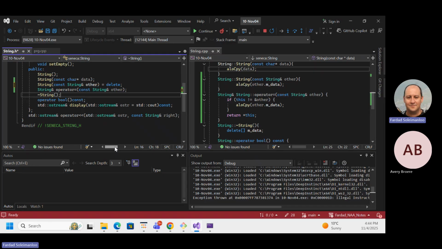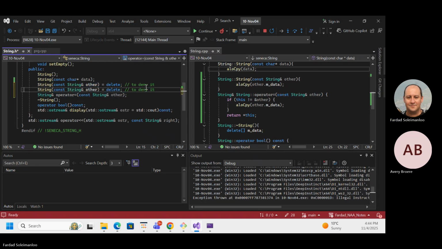You don't want them to be able to create a copy of cout. It's not supposed to be copied. That copy constructor is deleted. That copy assignment is deleted. You are not deleting. You are not allowed to do it. Got it? So remember, this is to deny it. But it's still rule of three.